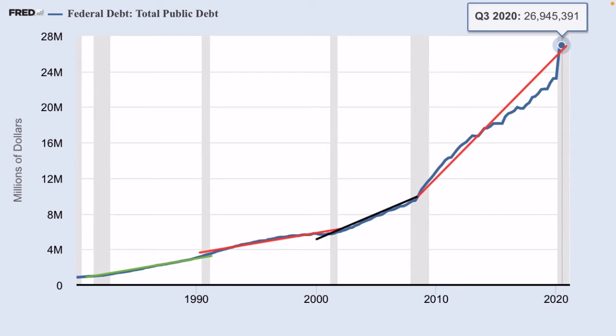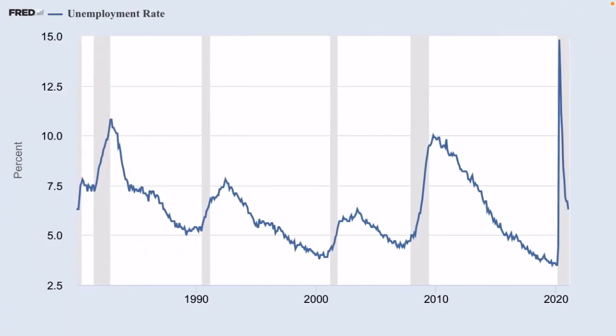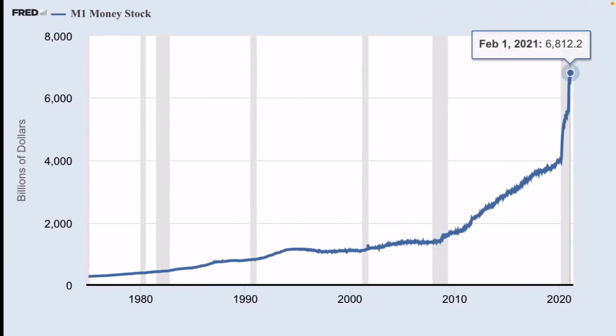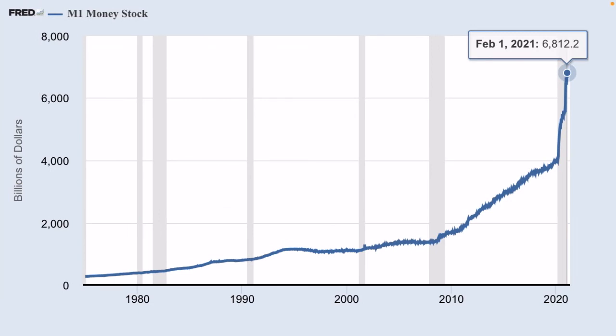And there's a lot of things involved that I believe, such as stimulus packages, low interest rates, but a big part of that is the money supply that was added. So if we go over here and we take a look at the M1 money stock,